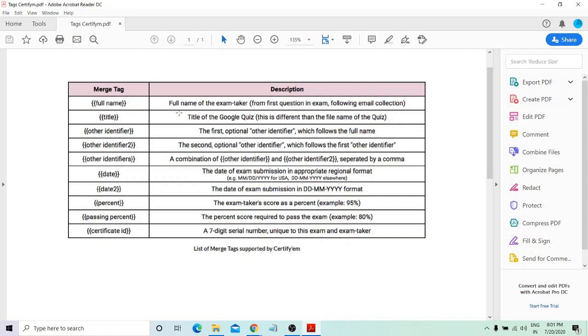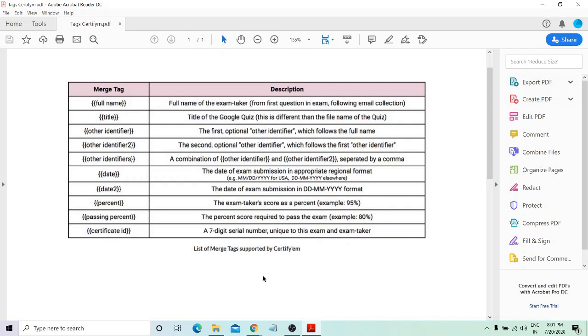And the functionality of each tag is described here: full name of exam taker, title of the Google quiz, other identifier, the first optional identifier, date 2, percent, score obtained in exam, passing percentage, and certificate ID.